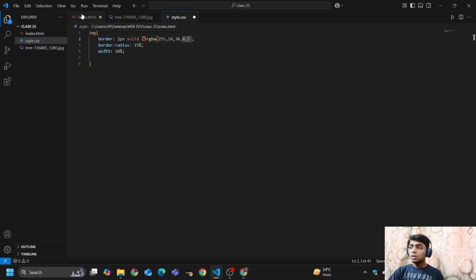As you saw here, the alpha property is provided only to my border, not to my image. So that is the basic difference between alpha and opacity, and we will be using them in many real world projects. So that's all for today.